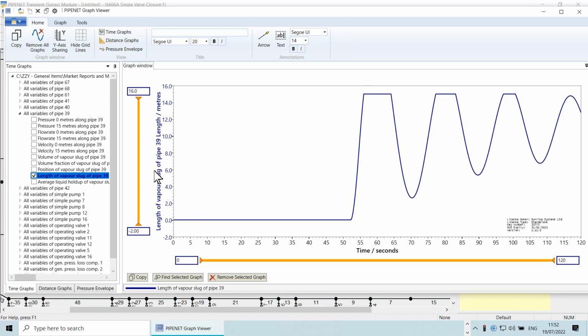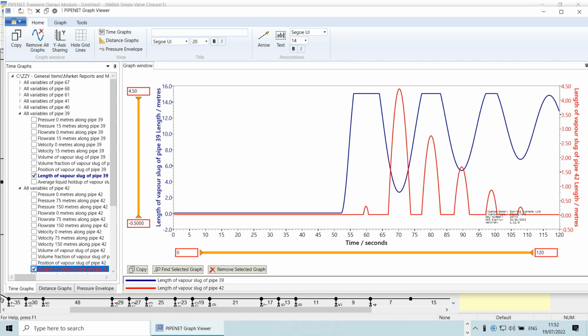You can see cavity forming. I don't have to show this, but this horizontal section here means that vertical section is completely full of vapor. Then look at 42. When that's completely full of vapor, we get a small vapor pocket forming there. But what this means, it doesn't mean there is no problem there. What it means,